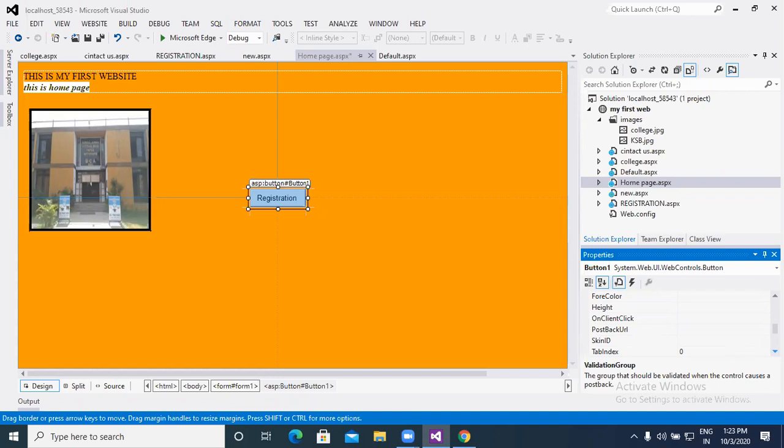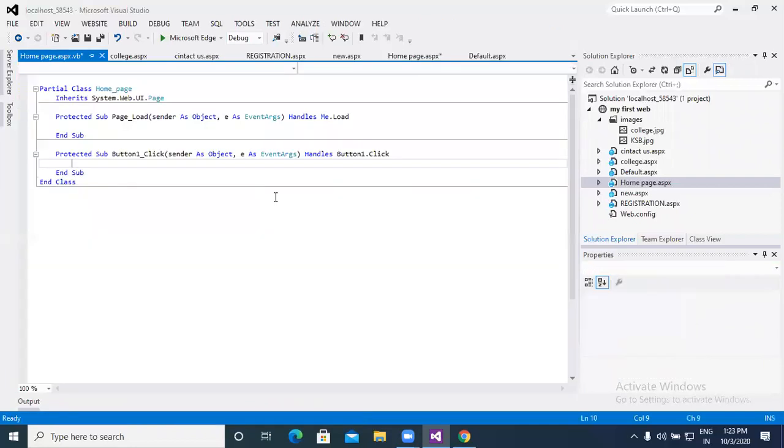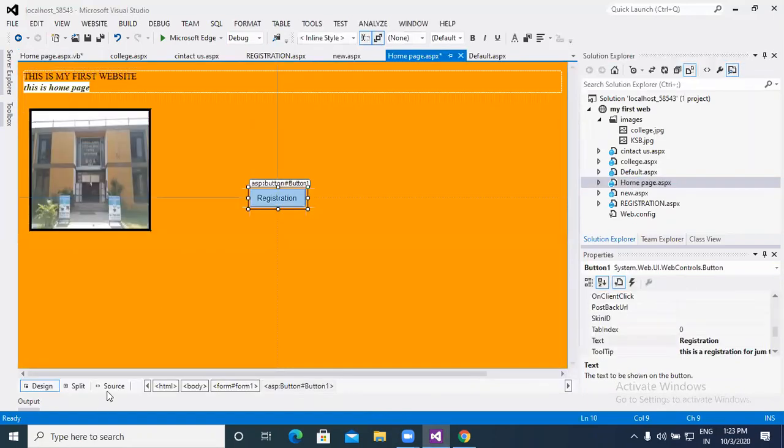And next important property is the text which we display on the screen, on your web page, with the help of tools, right? So this is the button tool. On the backside, by default we use the button click event if you wish to apply it, and source code is there.